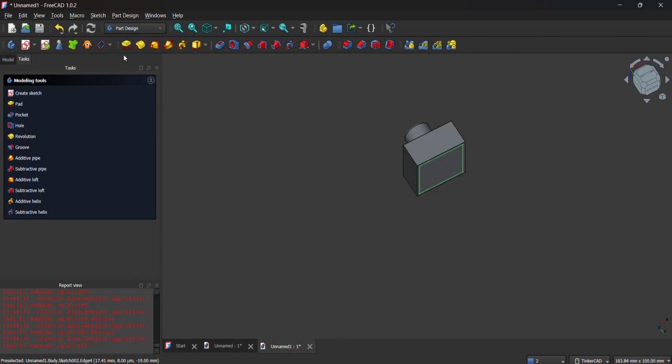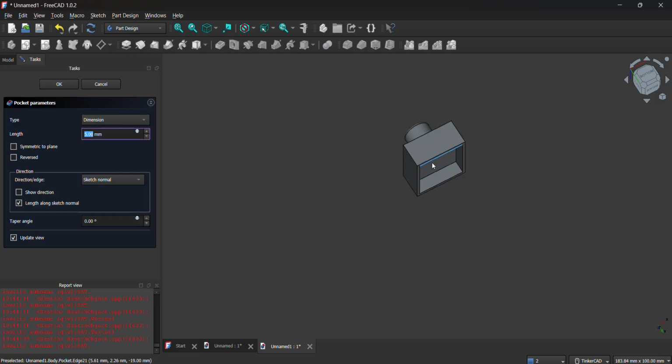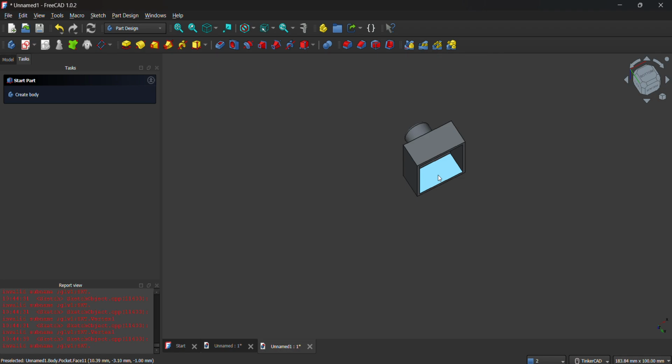Click close and then add a pocket hole, and make sure it's less than 10 millimeters, but of course not 5 because this side is very thick already. So just deduct 1 from 10. Let's have a 9 millimeter hole. Okay, so now it looks like a Lego except for a missing part. And the missing part is the cylinder there where you can insert the solid cylinder on top.